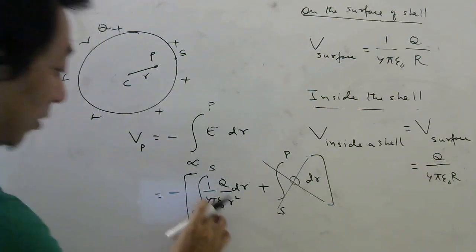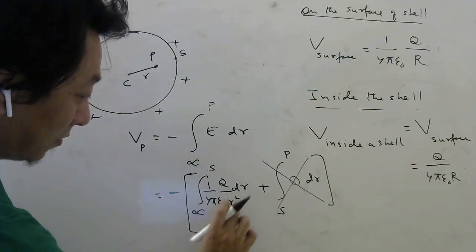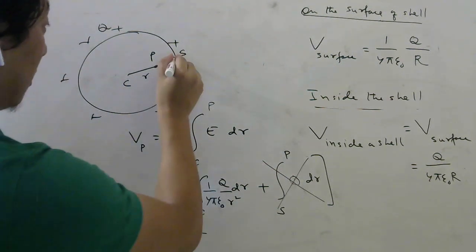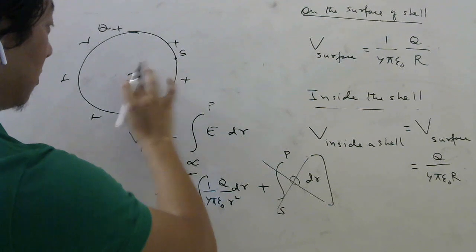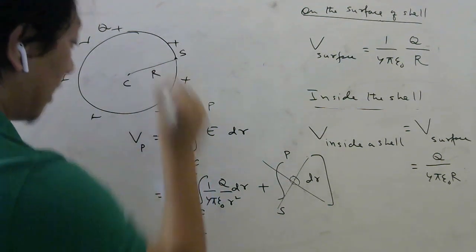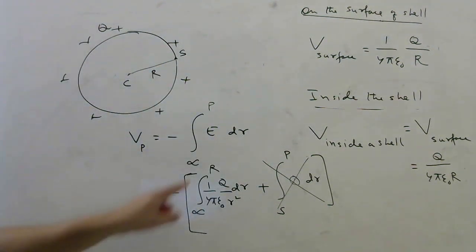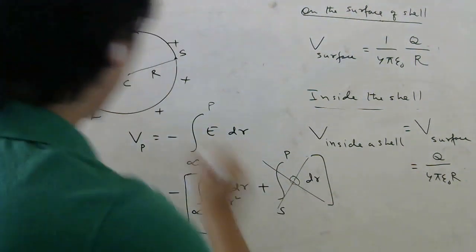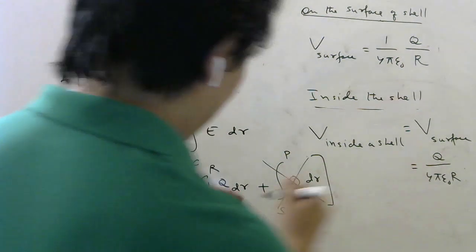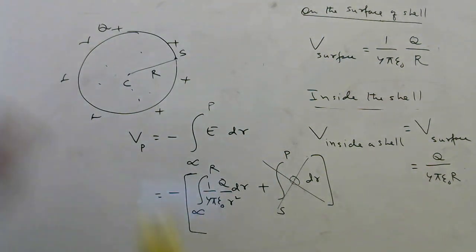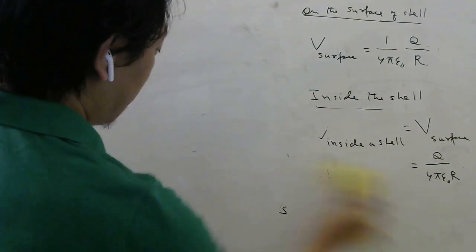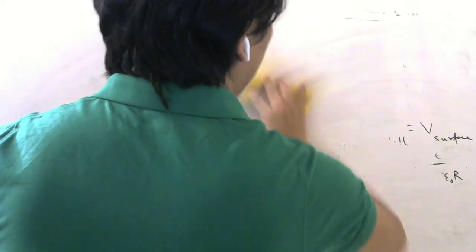Understanding? Now when you do this integration, you have to put the limits of this r now. So this is infinity and this is up to surface, means what will you write? For this point, what is distance from the center? For this S, distance from the center is capital R, so you will put here capital R. So if you solve this part, which I will not do, you will again get this answer only. Understanding? So no matter which point you do, potential will be this. To put all this in a short form, because derivations and all we don't need to know for entrance preparation, but you must remember these important points which I will be saying to you now.